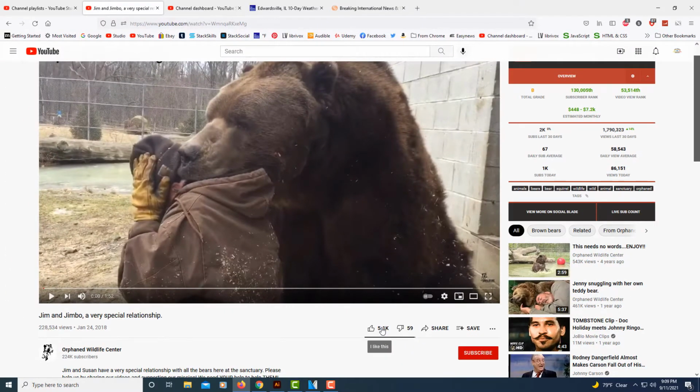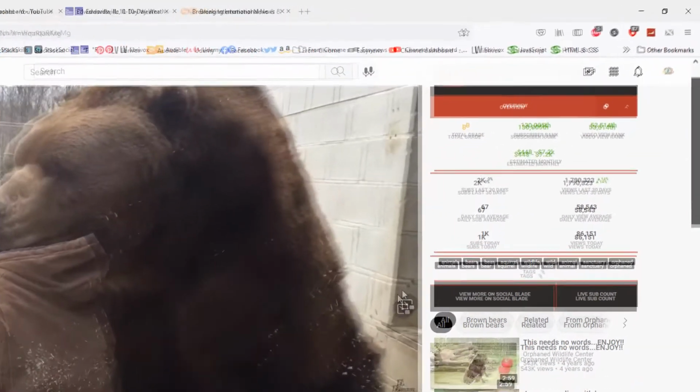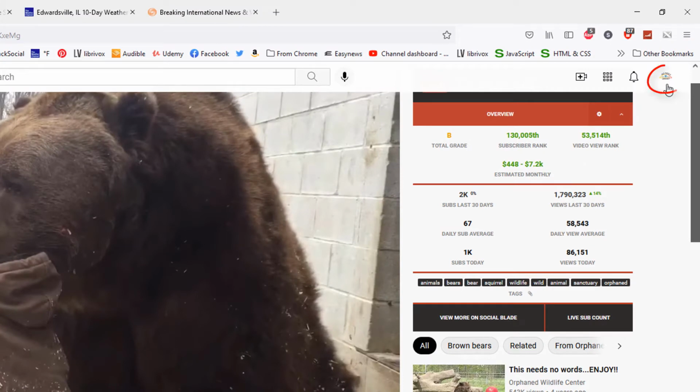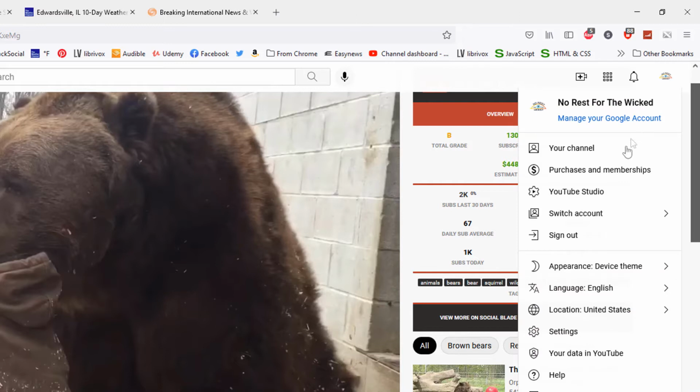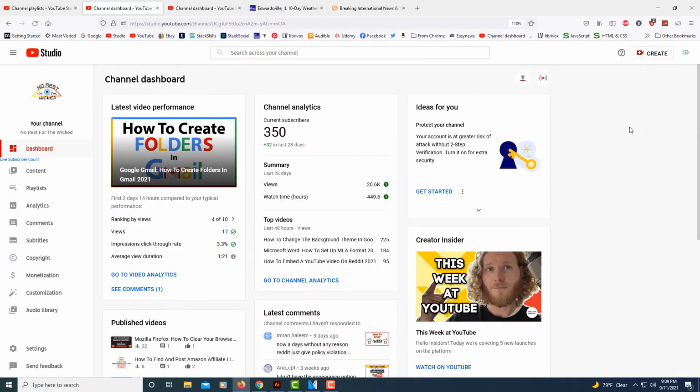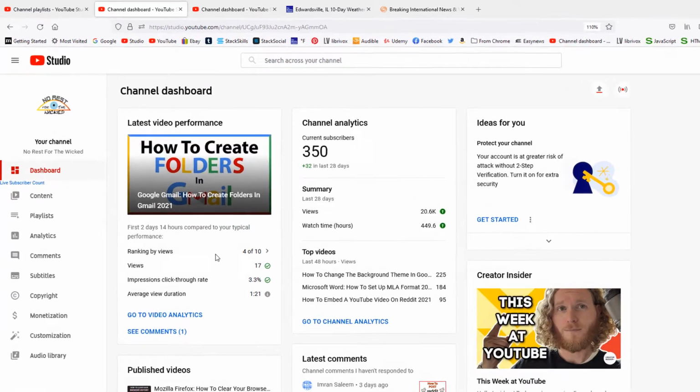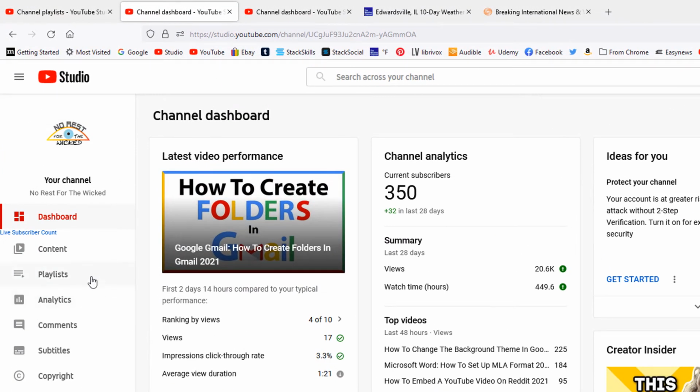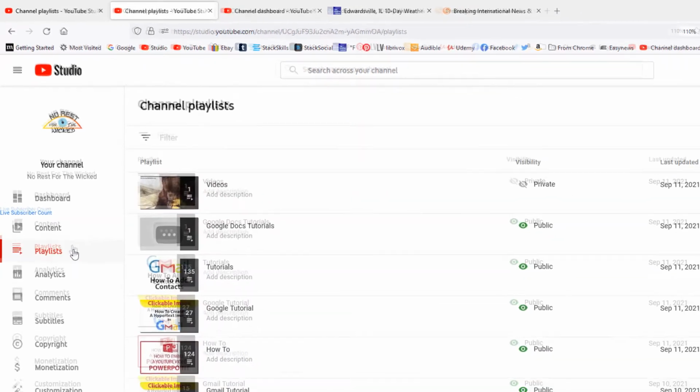Another way to create a playlist, you want to go up to the top right hand corner and click on your YouTube icon. I'm going to click on it. Then you want to go down to where it says YouTube Studio. I'm going to click on that. Then off to the pane off to the left hand side here, you want to click on where it says playlists. I'm going to select that,